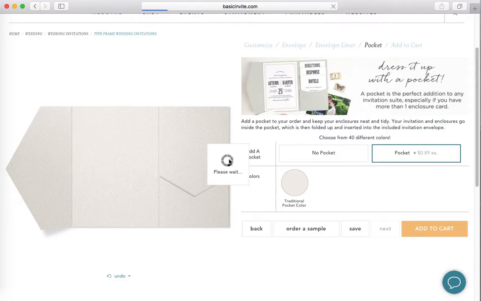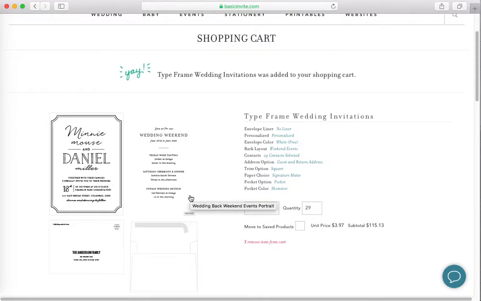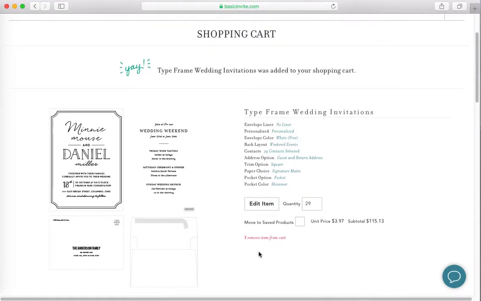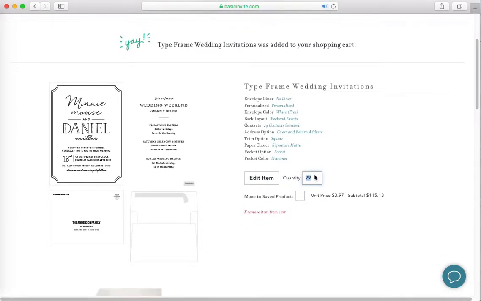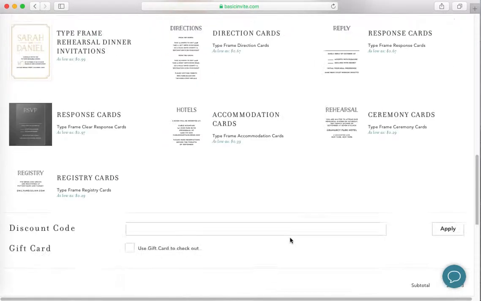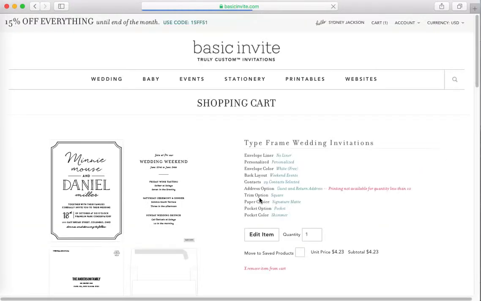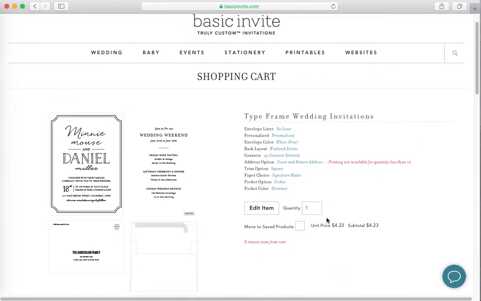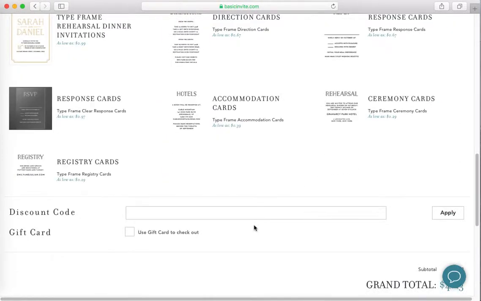It might take a second. Hopefully, there we go. My quantity is 29 because I have contacts selected. So what I can do is simply change that quantity to 1, then scroll down, and click Update Cart. Once that updates, it should be a quantity of 1. And then you should be able to scroll down here